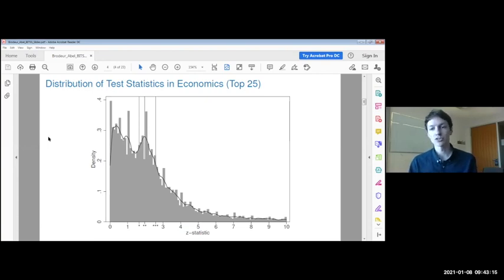In economics, we do not always report p-values or confidence intervals, unfortunately. So we take the coefficient divided by the standard error, and we get a z-stat. Here I'm showing you the distribution from 0 to 10, and it looks like a two-hump shape. There's some missing test statistics close to 1.5, and there's a surplus, too many, if you will, close to the significance threshold, so let's say close to 1.96. So you could say that potentially there's a bit of p-hacking happening in economics.